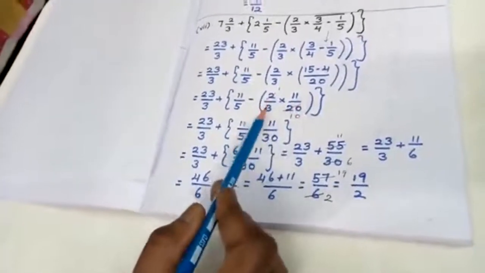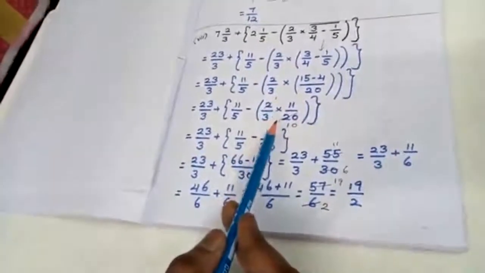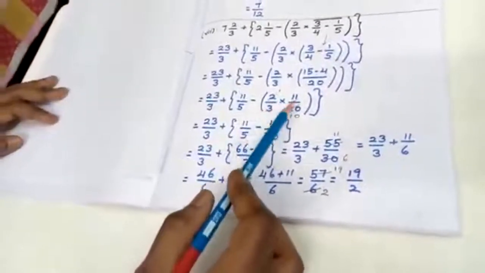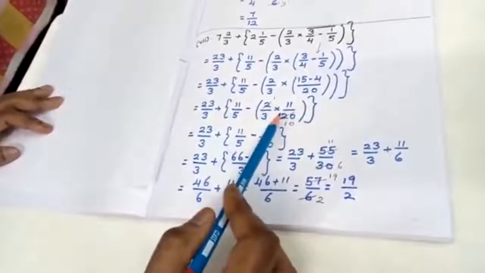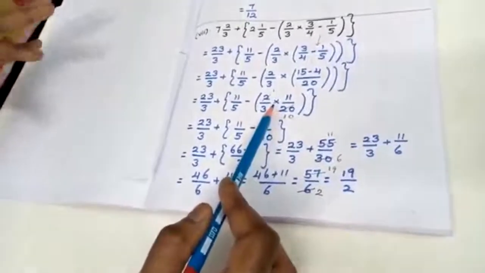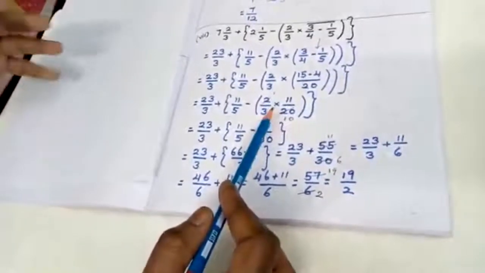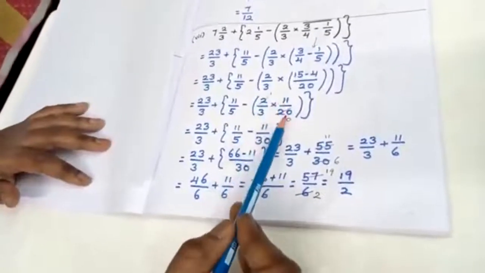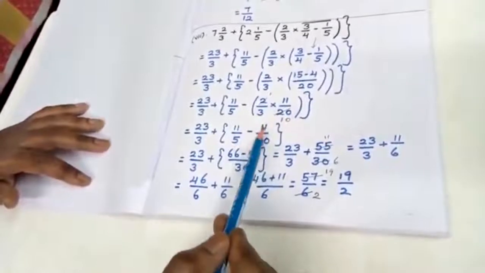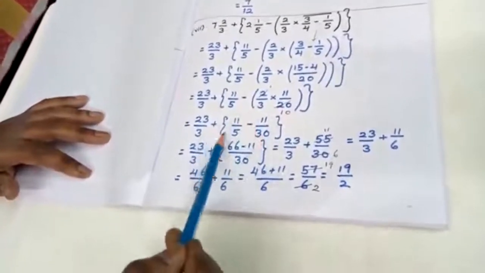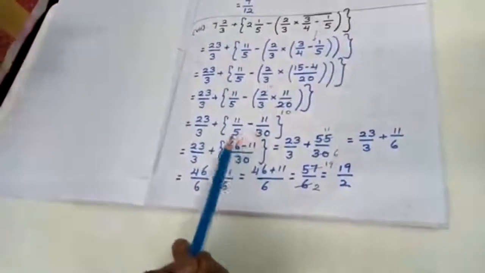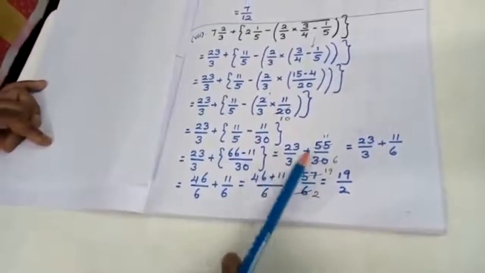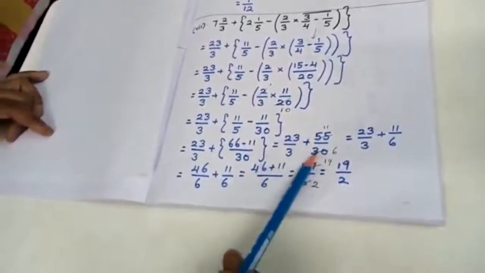And then I am going one bracket, that is one bar bracket, that will be removed. 2 by 3 into 11 by 20. Solve this one, students. Bracket means first you are going to concentrate on that one, even if you are going to have different types of operations. 2 by 3 into 11 by 20. If you calculate, you will get the answer as 11 by 30. Then I am going to come to the one remaining bracket, the flower bracket, calculate, you will get the value as 55 by 30. After getting 55 by 30, simplify the term.